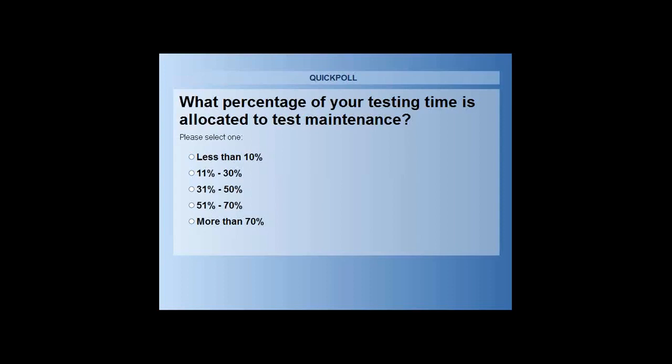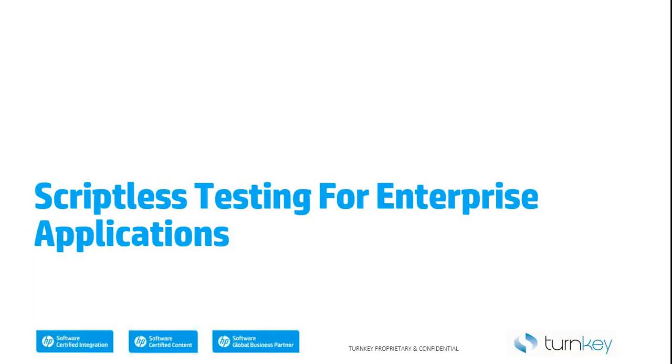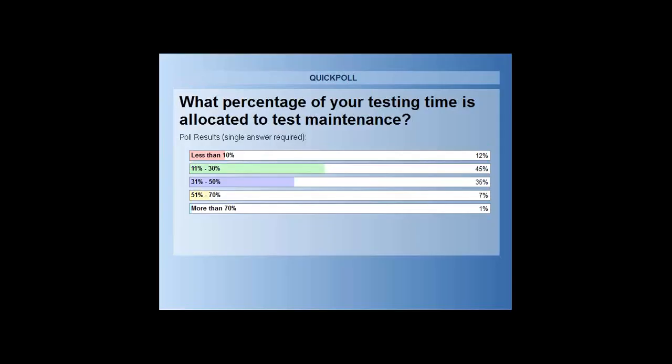Okay, well, the votes are coming in here for this. All right, let's go ahead and wrap this up. Let's see what we got. There we go. All right, so it looks like, wow, some of you have a lot less problems than I do. All right, so we're looking at about 30% being the large one here, second to that being 50. So what do you think about that, Dan?